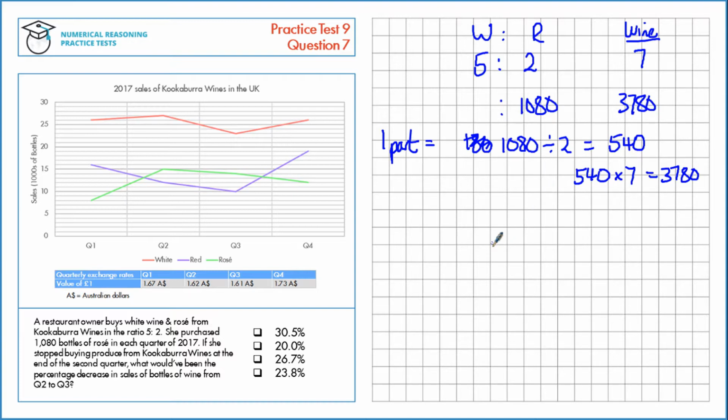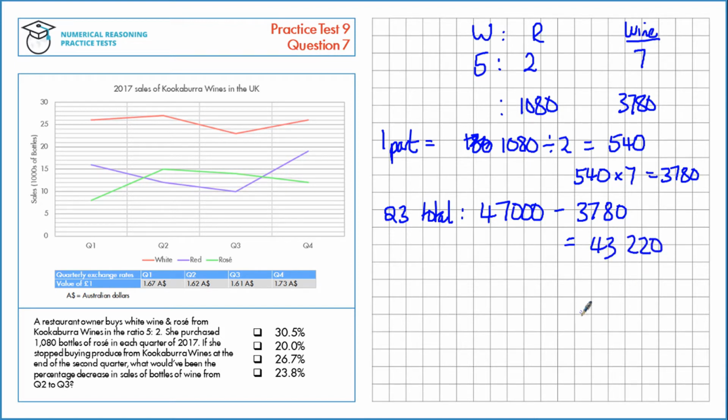Now that we know the total number of bottles purchased per quarter by her, we can remove those from the Q3 total, since the question says if she stopped buying at the end of the second quarter. First, let's find the Q3 total. That's the total number of bottles of wine, so all these three added up together, which is a total of 47,000. Now let's find it without her bottles, so we'll take away that from the total, which gives us a new total of